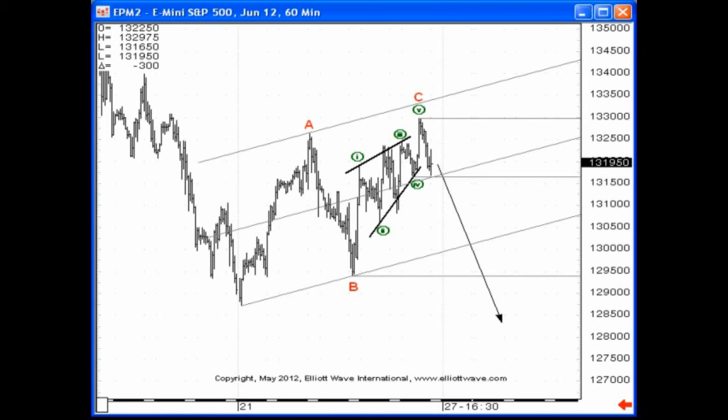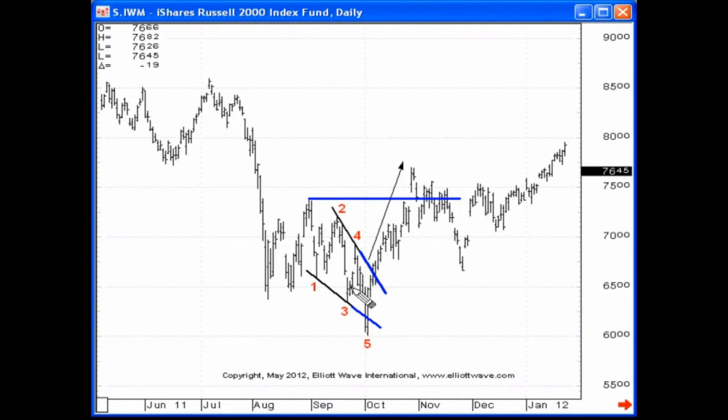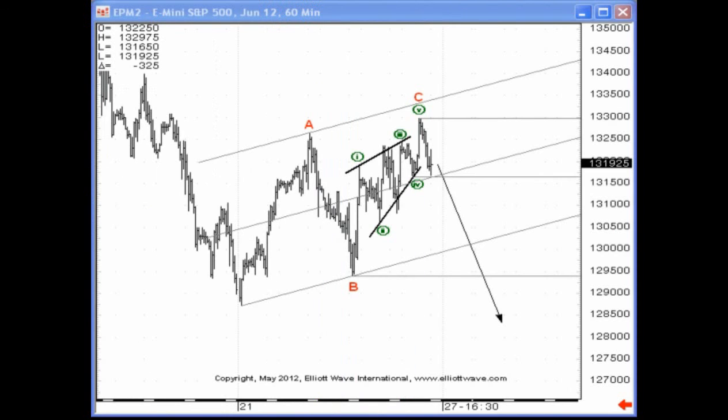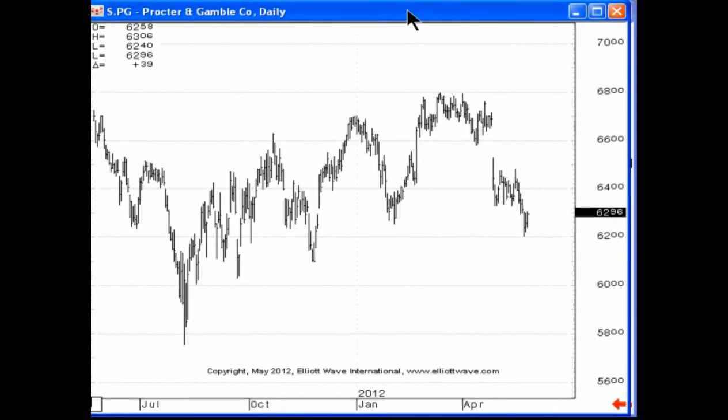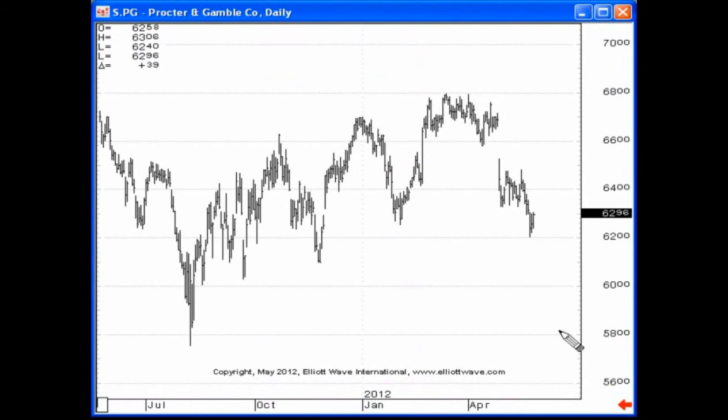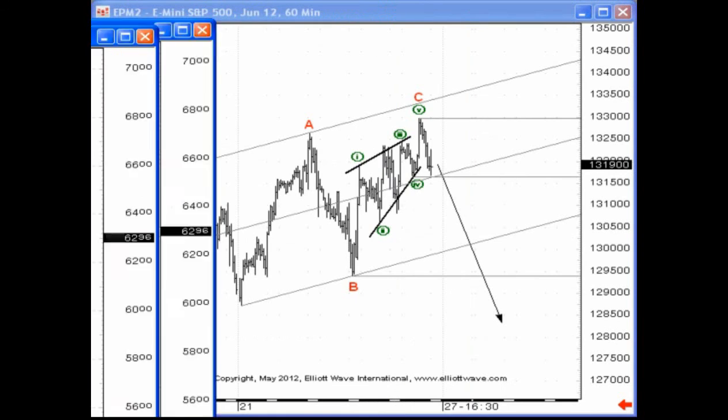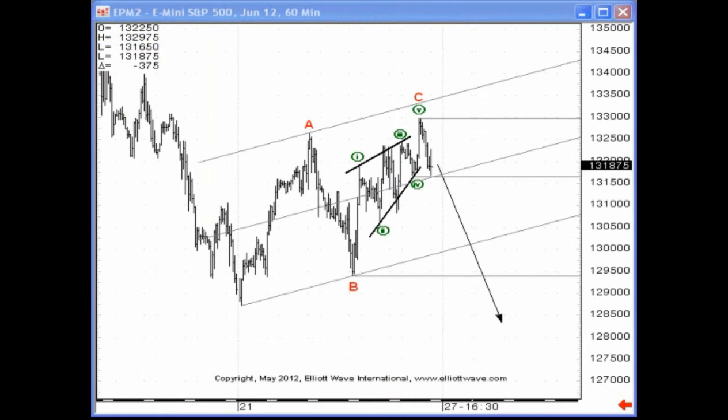Again, a good example of one that came to a resolution, or has already happened. Here's the ending diagonal in the 5th wave position. Nice sharp move to the upside. That's exactly what we want to see. Here's one in Procter & Gamble that appears to be maybe halfway through. We're still looking for further decline below 58. And here's one to keep an eye on as we move into the remainder of the day and into early